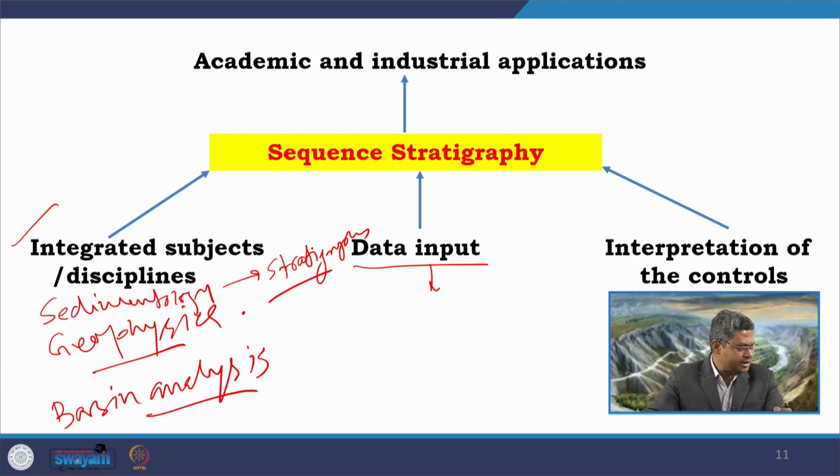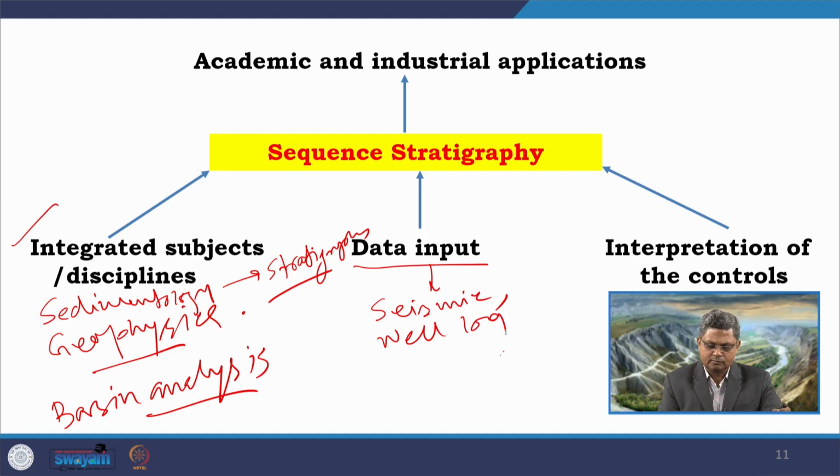So, those subsurface data can come from geophysical analysis, which can start with seismic data, which can start with well log data, and which can start with core data. So, seismic data, seismic profiles of the entire basin, even across the basins, well log data from different parts of the basin, core samples from these wells. So, they give us idea about the subsurface rock types and their distribution pattern, and this is very much useful,